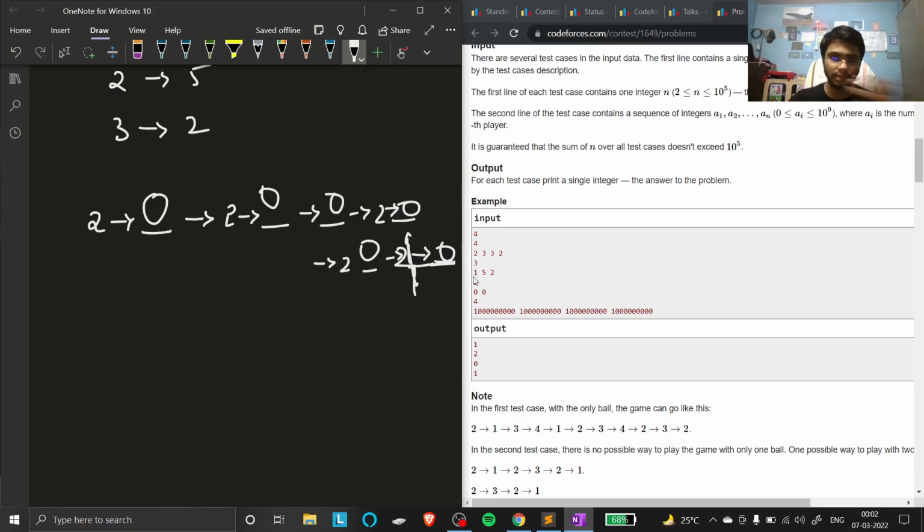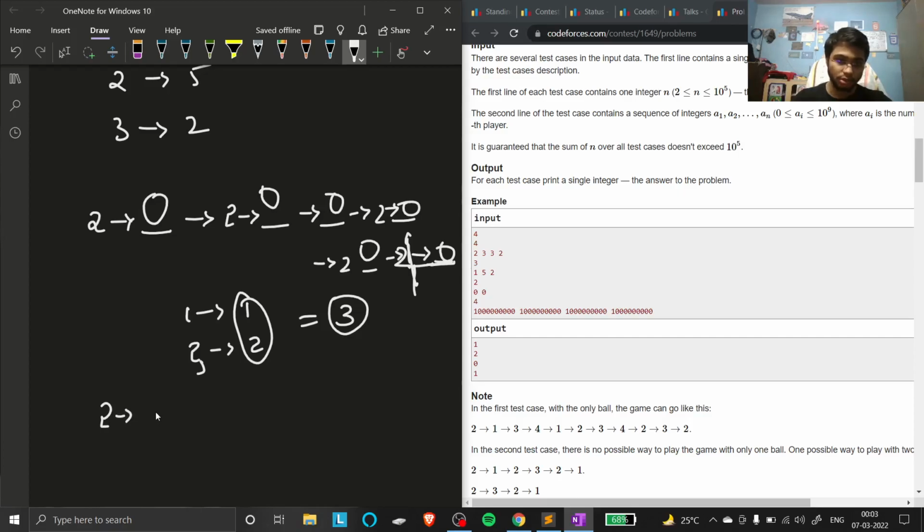But the thing is, if you see, one can pass only one time, two can pass only two times, and the third can pass only two times. So it gives a result of at most three, meaning even if they both contribute they could pass three times only. Fine. So in this case we require another ball. So what could we do?